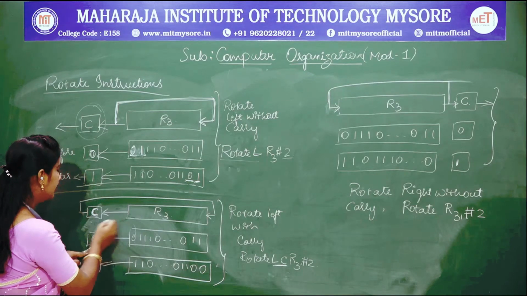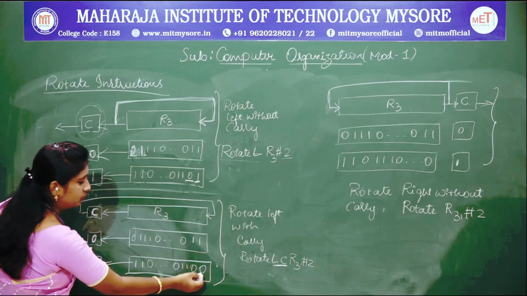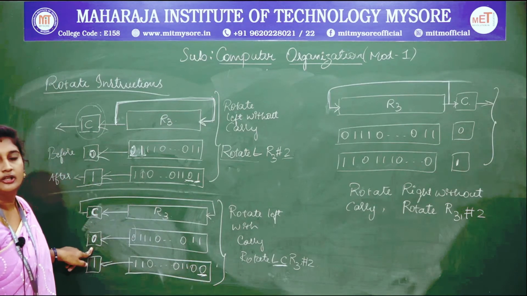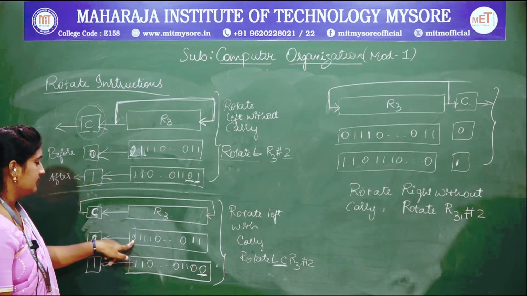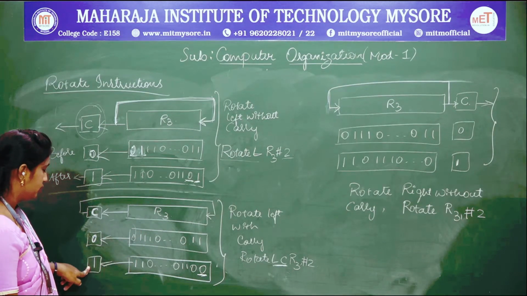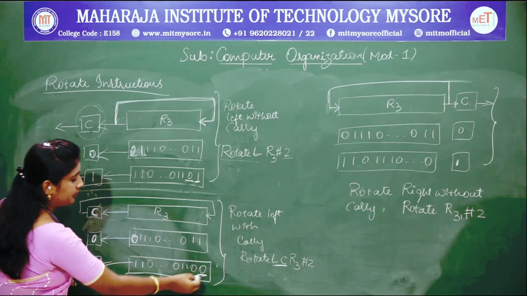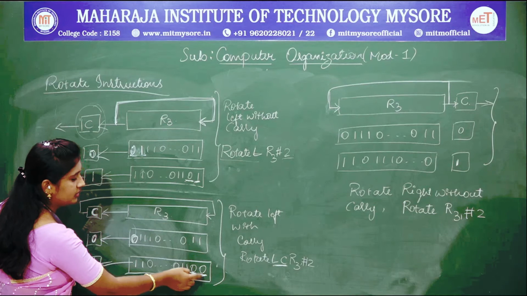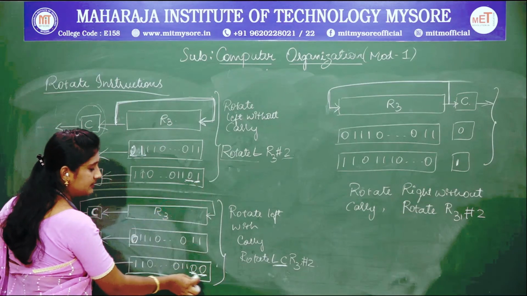So when this bit gets shifted out here, this 0 bit comes and fits into the first empty bit of my operand. In the second bit, here 1 was here, so now 1 gets shifted to the carry flag, and again this 0 comes and fits into the second empty position of the operand. So here 0 1, here 0 0.